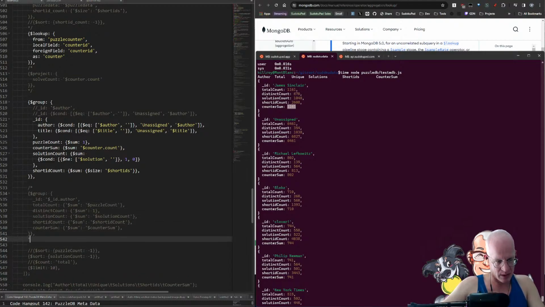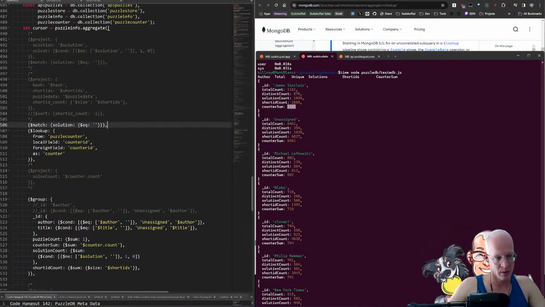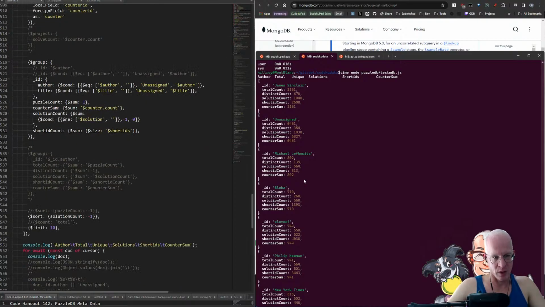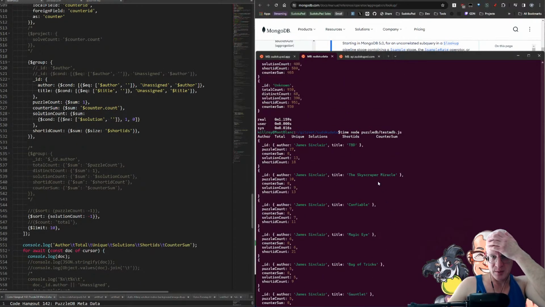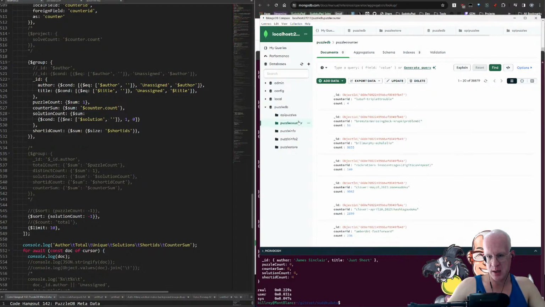Let's do something here quickly. Let's filter by author. Here, match author equals James Sinclair. Right. So we're only looking at James Sinclair puzzles, and counter sum comes out as 0. Really? Really? That seems unlikely. So let's look at the puzzle counter, and we'll search for counter ID